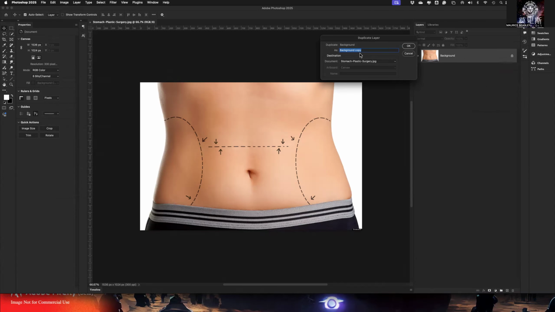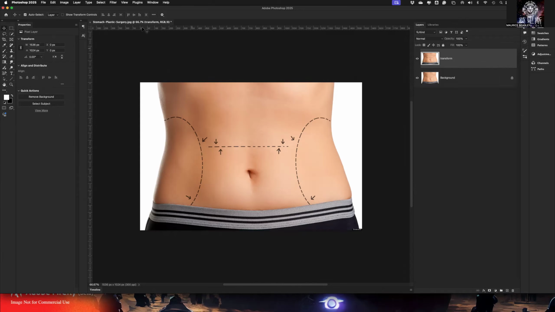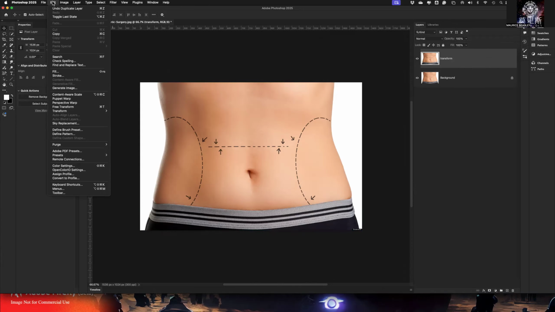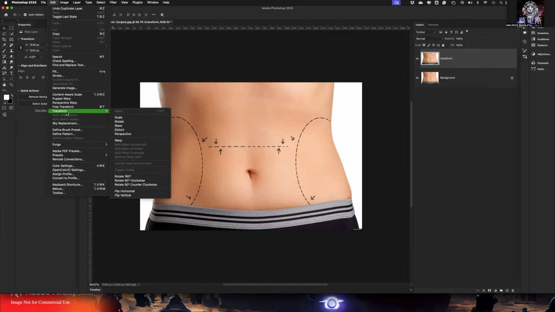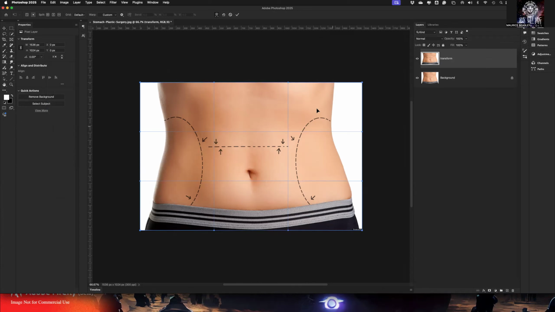I couldn't get to the transform options because this is the background layer, and you can't do any transformations directly onto the background layer. Let me go now to edit, go down here to transform. Under the transform section, there's your standard scale, rotate, skew, distort, perspective. But then there's this thing here called warp. Now, what warp does is it allows you, through this grid,